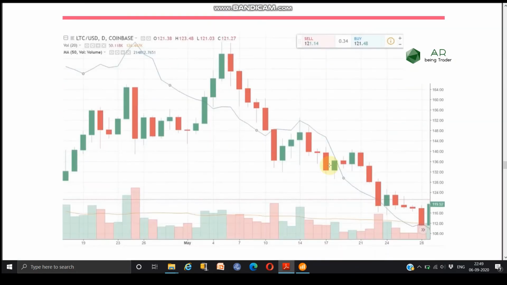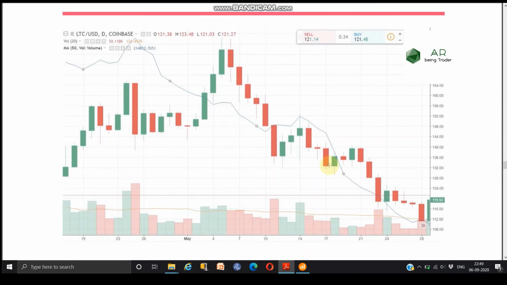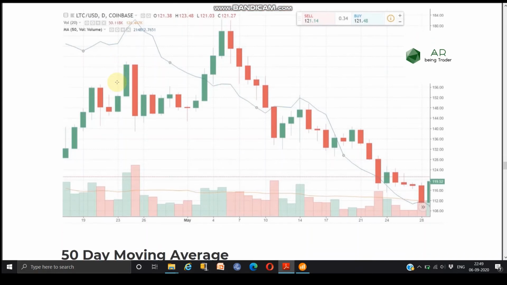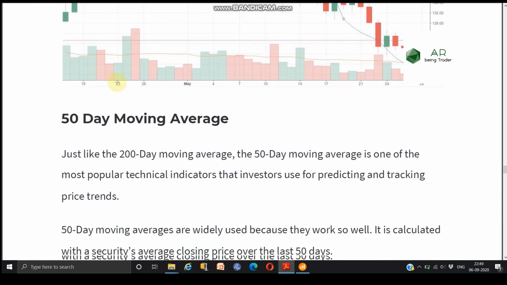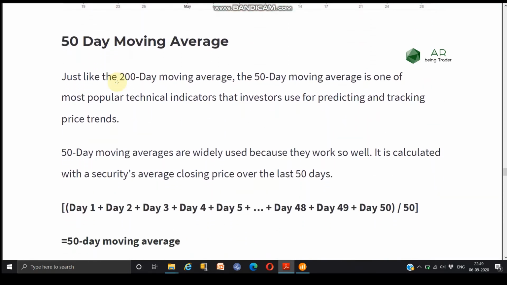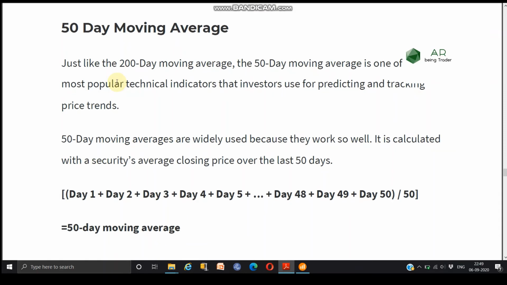As I told you, the calculation of the moving average, you can see here it's actually a moving average of 50. You can see that it came down. Let me show it live, because it's a good thing and it will make it clear.